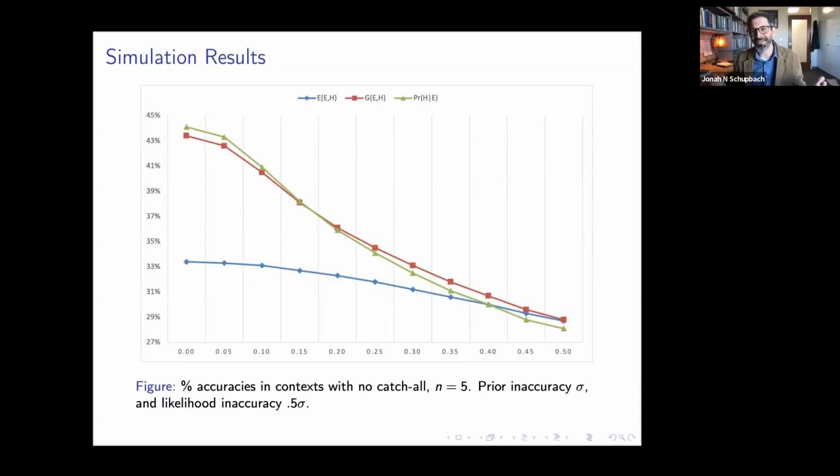And notice you can still describe it the same way. Actually, in this case, there's never a point, and indeed never a point even in the limit, where the G measure goes below the E measure. It's always better than likelihoodist reasoning, but you can see it starts off just slightly worse than posterior probability reasoning, and then is superior to all forms of reasoning after that. So again, that qualitative idea that this is the best or nearly the best in all situations in terms of fruitfulness holds true in these cases.